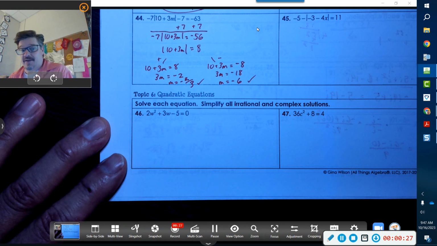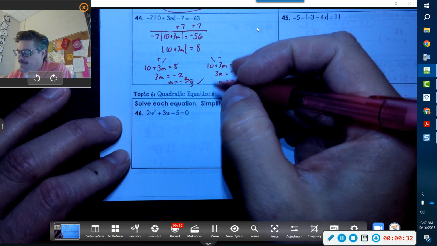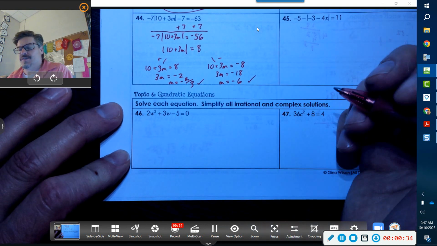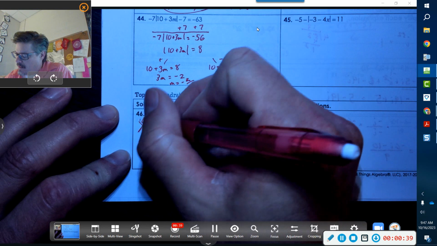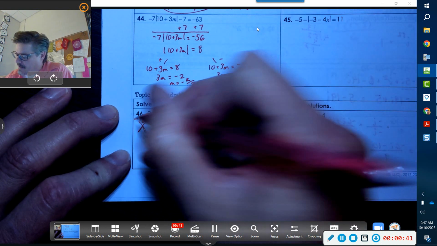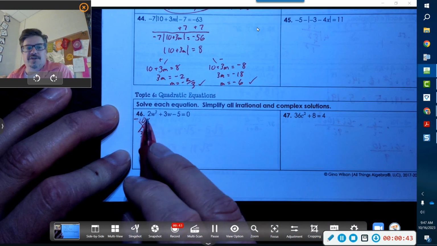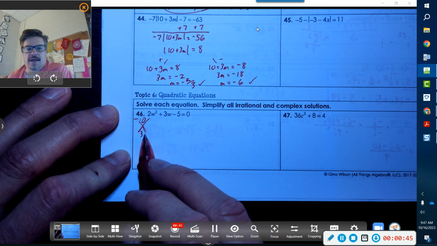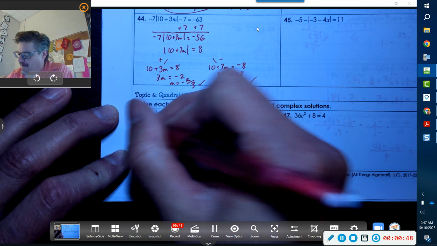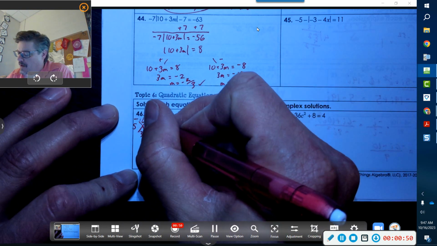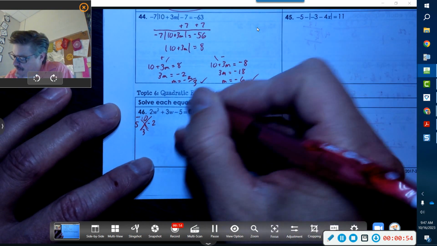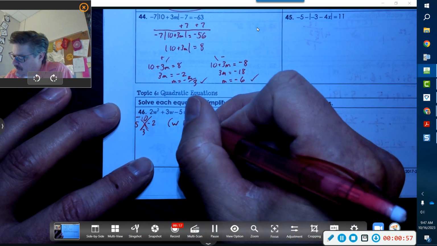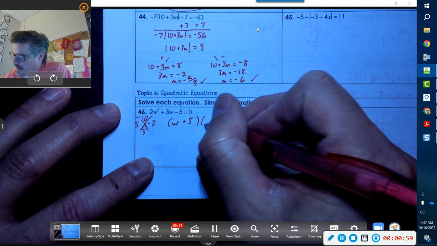Remember whether or not it's factorable. So you always want to look through for the GCF, and this is a trinomial. It's not the difference of two squares, and so it looks like we're looking for factors of negative 10 that add up to positive 3. Because remember, 2 times negative 5 is negative 10, and positive 3, so that would give us a 5 and a negative 2. Okay, so this means that I've got W plus 5 and W